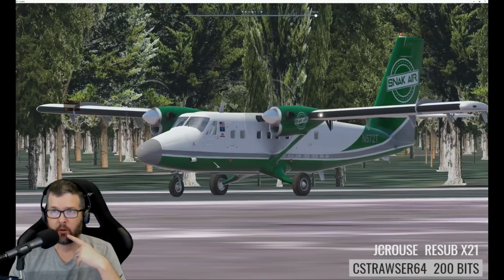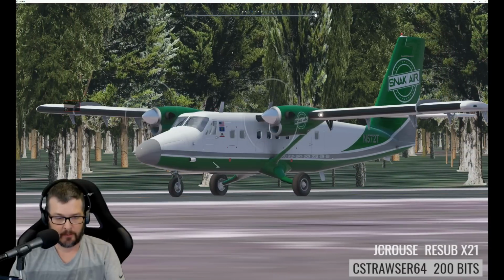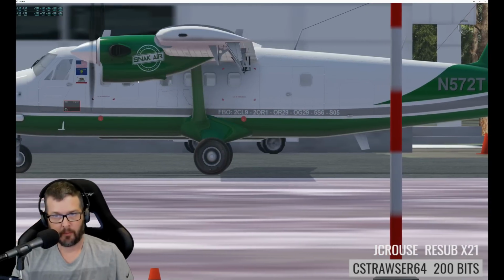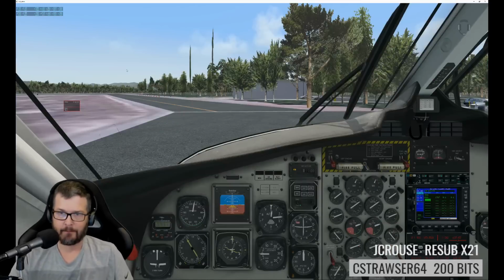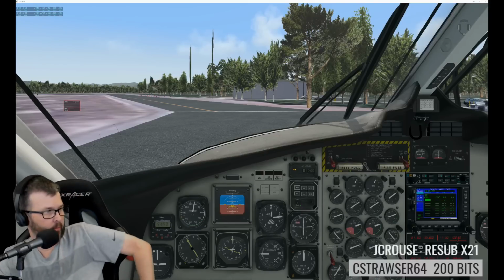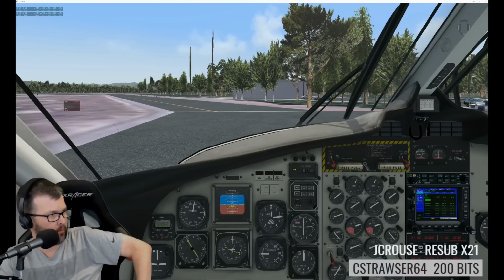All right, gentlemen, whoever has the Twin Otter can go fly out of Cape Blanco State now, because it's been successfully relocated. And there's plenty of jobs going back up to Bandon,